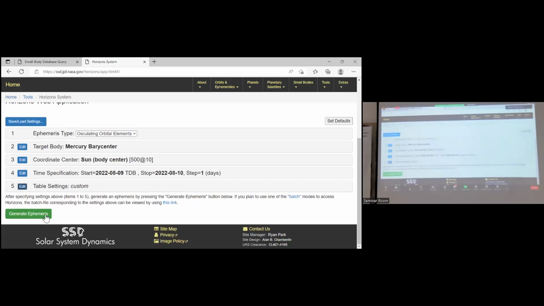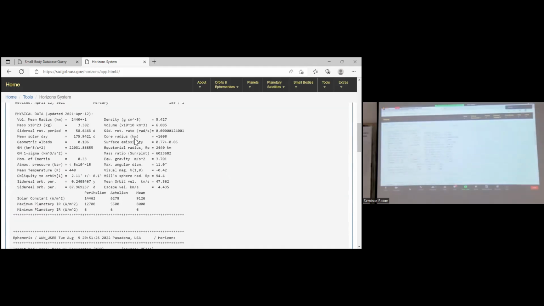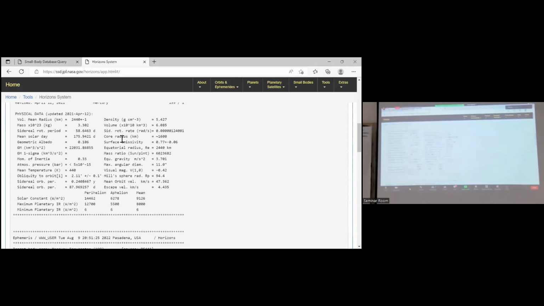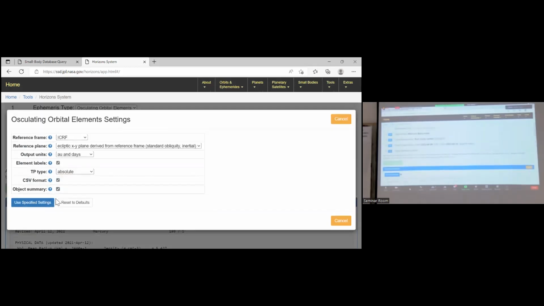Now you generate ephemeris just for Mercury. This Mercury has mean radius. These are the properties of Mercury: mass ratio Sun to planet, moment of inertia, mean temperature. If you do not want this information, just leave it at table setting.